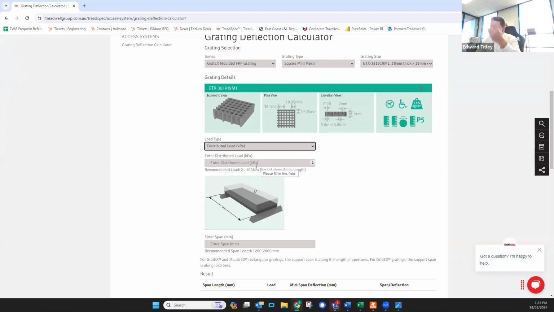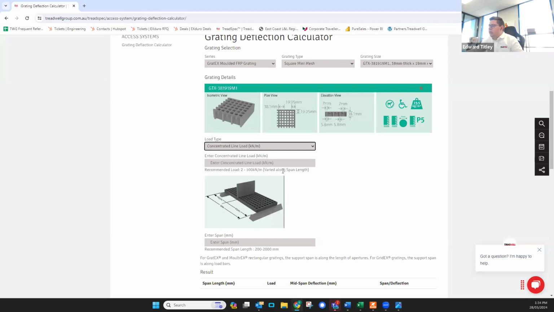Distributed load's easy, or pretty straightforward, I think, as a UDL. I'll just draw your attention to the line load at this point. Now, we often get asked what's the width of the sample that's line load tested. So as per Appendix A of the American Composite Manufacturers Association's grading manual, and you're able to download that online,